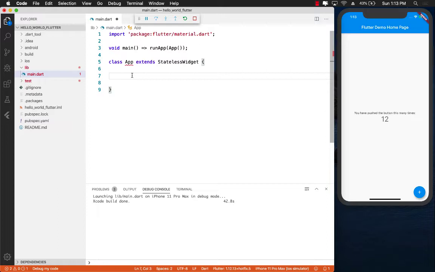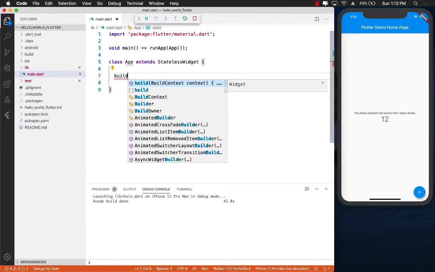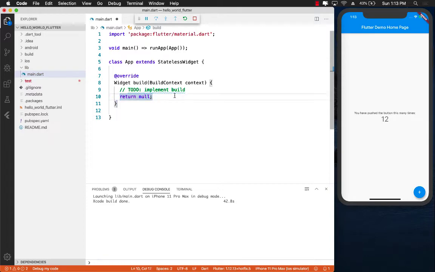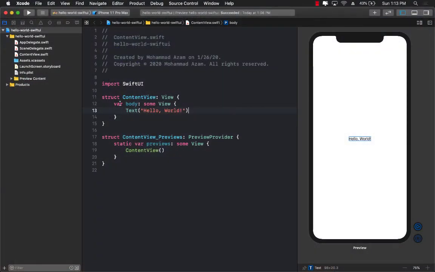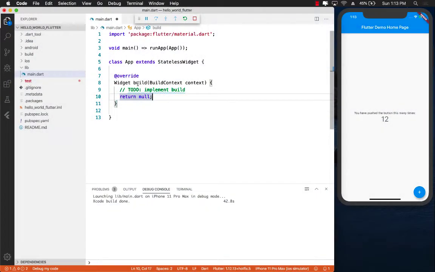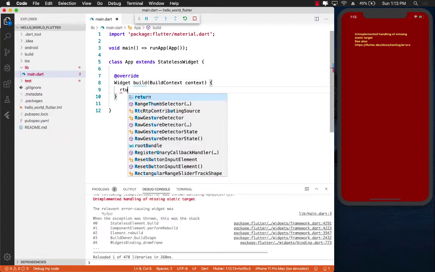So let's go ahead and get started. The only required function that we need to implement is the build function. And if you jump over to SwiftUI, the only property we need to implement is the body, which is going to return you a view, which is a text view. And over here, we have to implement the build function, which is going to return you a widget, which is kind of like a view. Right now, it's not really returning anything. That's fine. We can actually make it return something. So return